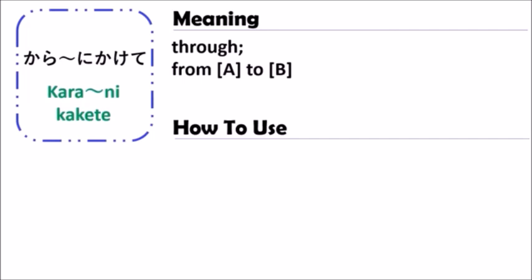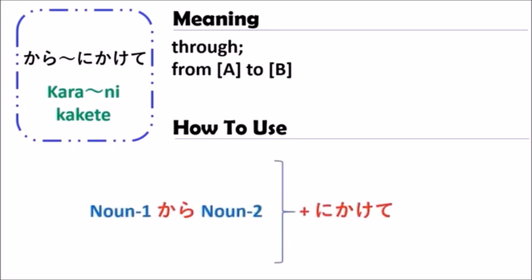When you compare two situations, you use the situation or event that happens from point A to point B. Point A and point B might be a season, a time, and so on. And how to use it: in Japanese, when we use the grammar of kara nani nani ni kakete, we first